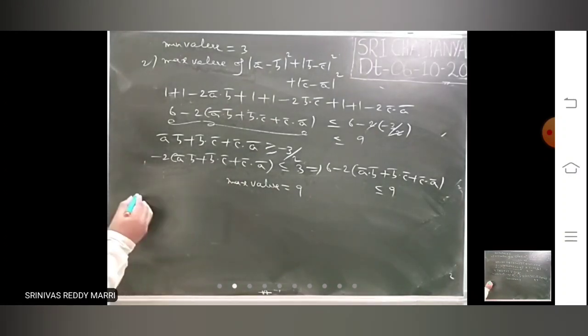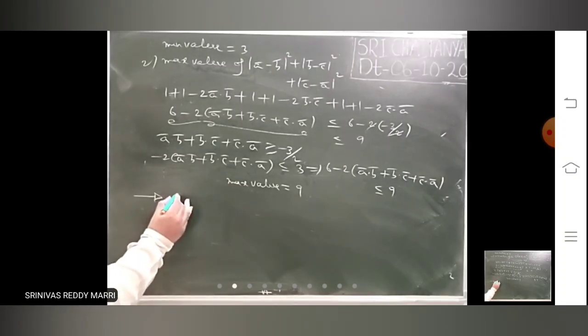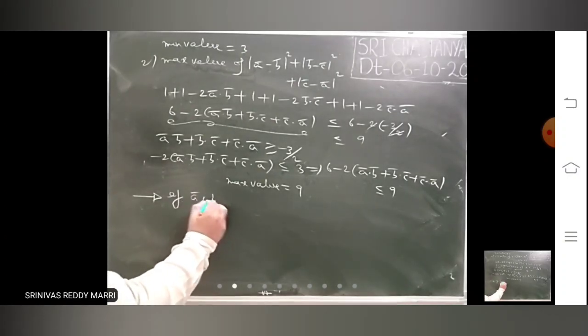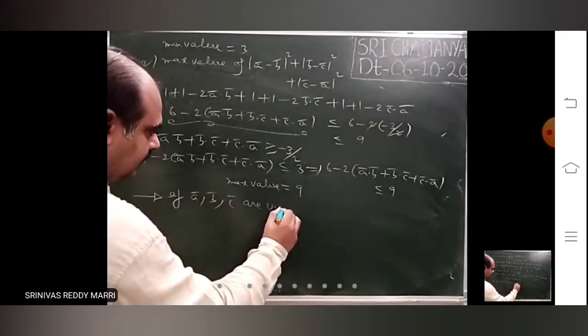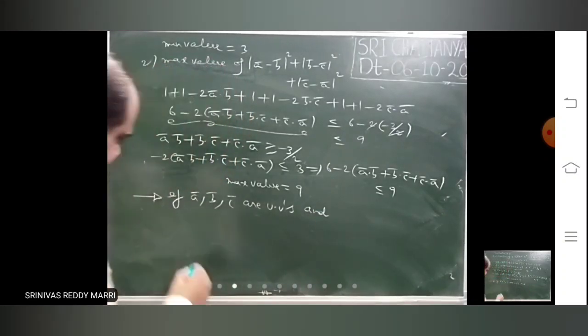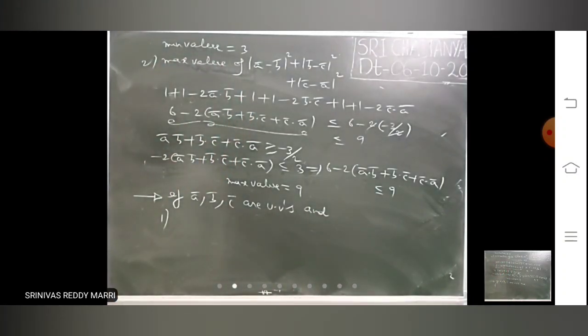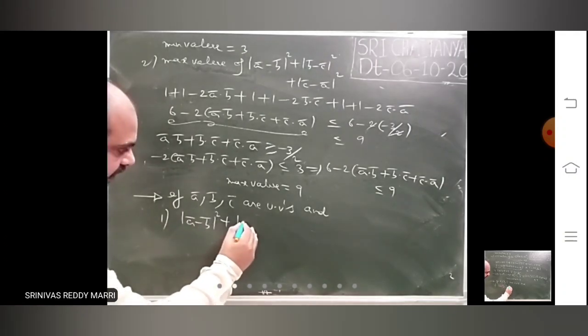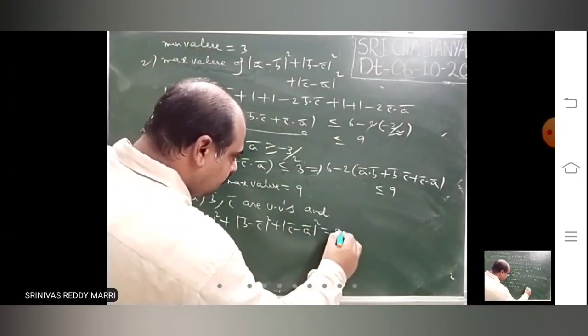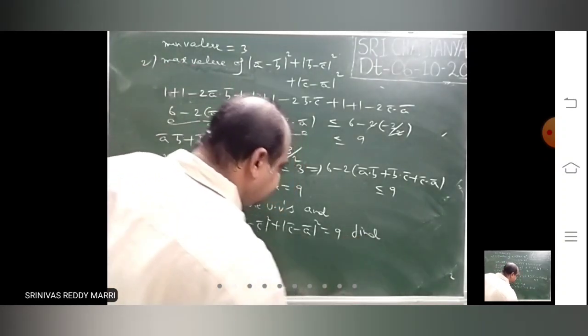Next, suppose problem he will ask like this. Look at next model. If a, b, c are unit vectors, first question: modulus a bar minus b bar whole square equal to 9. He has given the condition, find